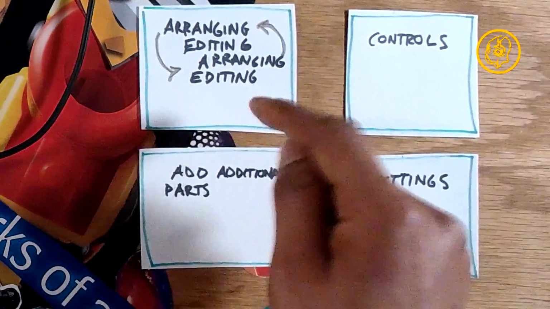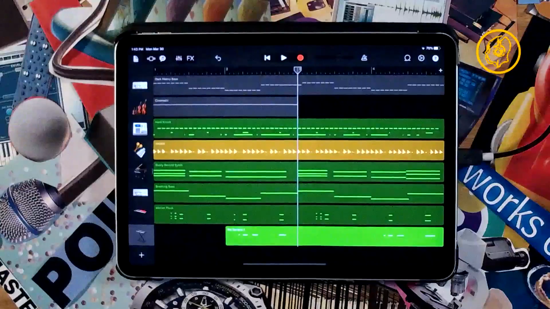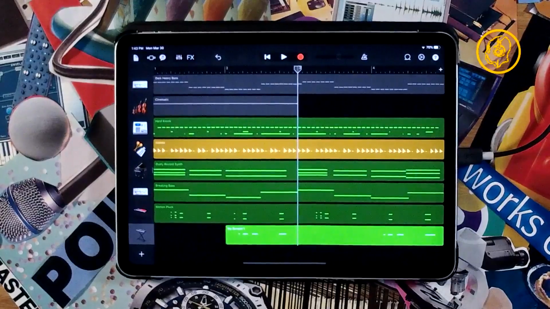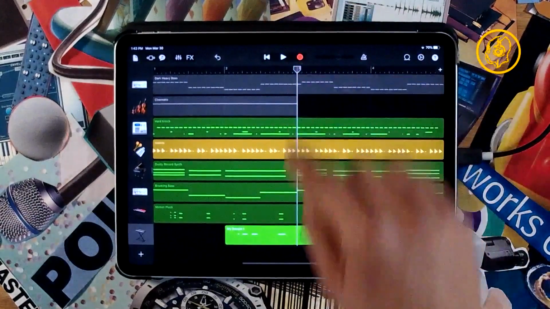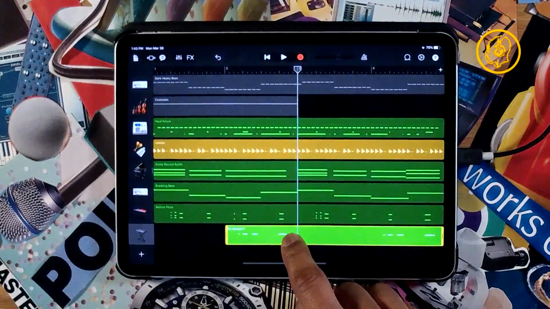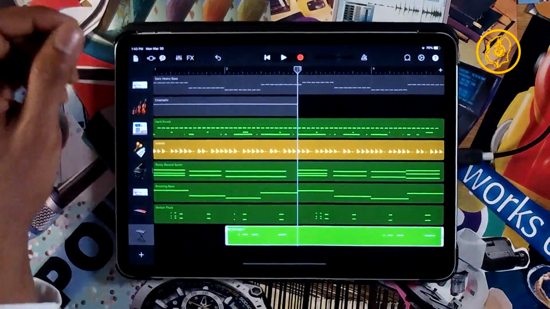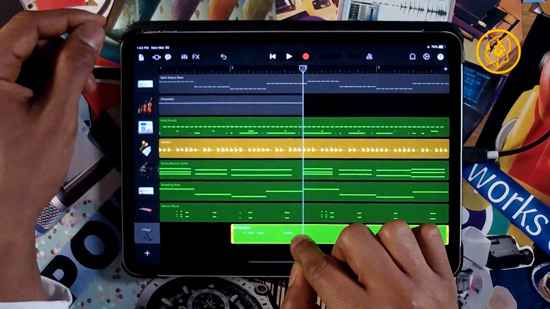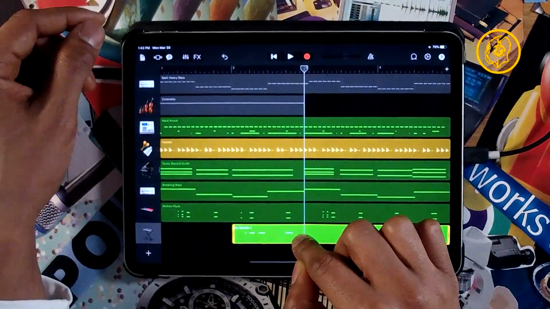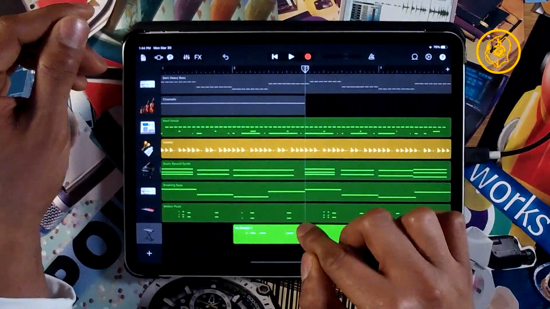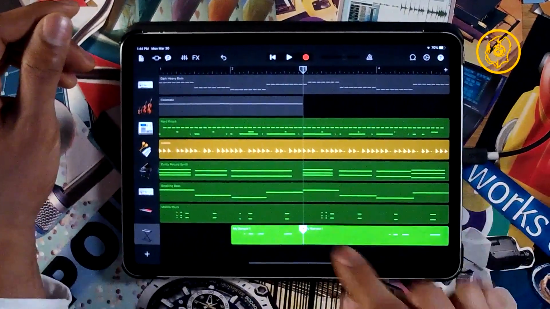Arranging, editing. So if I want to just take this piece right here, what do I do? I cut it. That's right. Yep, cut it. Just like PBS is cutting off that orange guy, cutting him off because he says some stuff that just doesn't make sense. Well, anyway, we won't get too political around here, but everybody knows the guy is nuts.